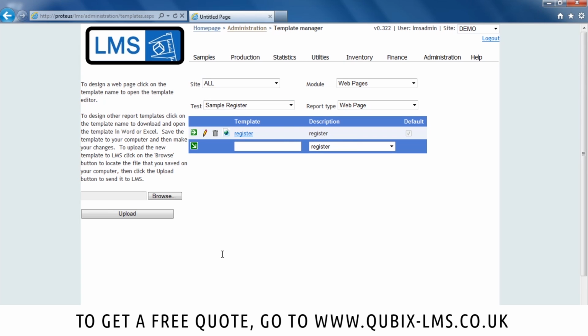I then see a list of all of the sample register data entry screens that have been set up in LMS, because you can design multiple sample register screens for all the different types of materials that you sample in your laboratory. So I choose the sample register template that currently exists,